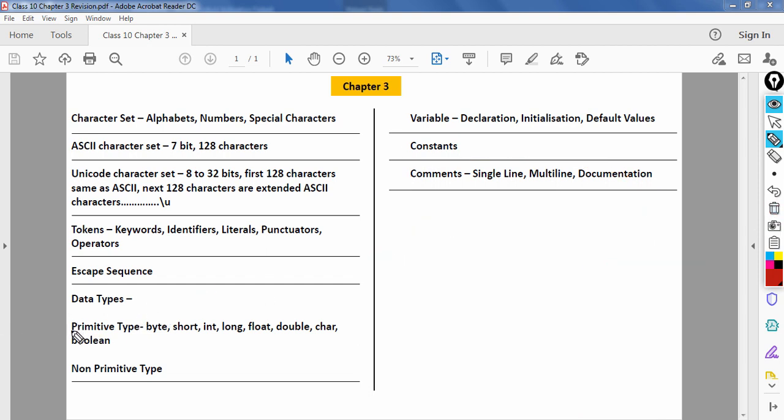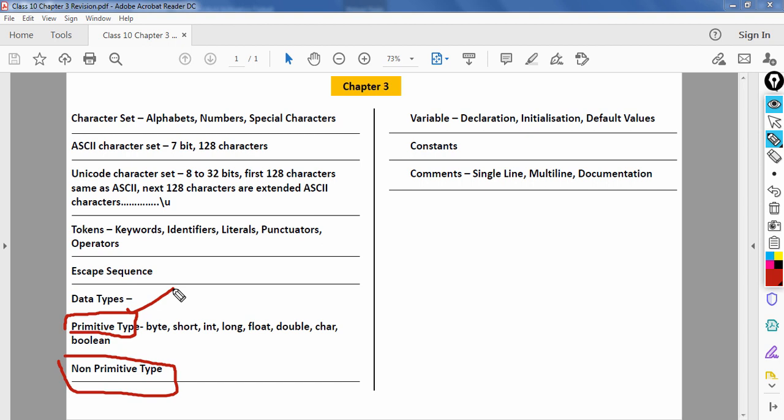First of all, there are two broad categories of data types. First one is primitive and the second kind is non-primitive type. Primitive types of data are built into the language itself. They are part of the language.